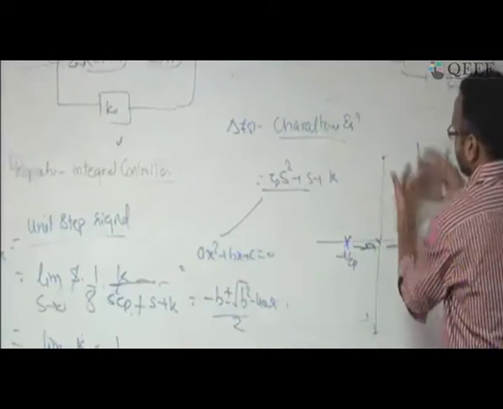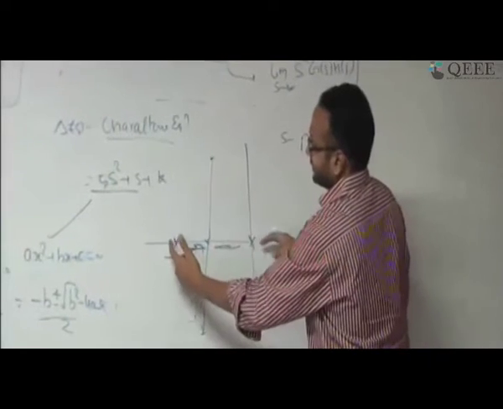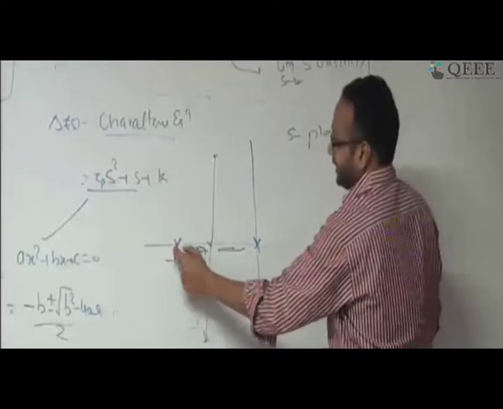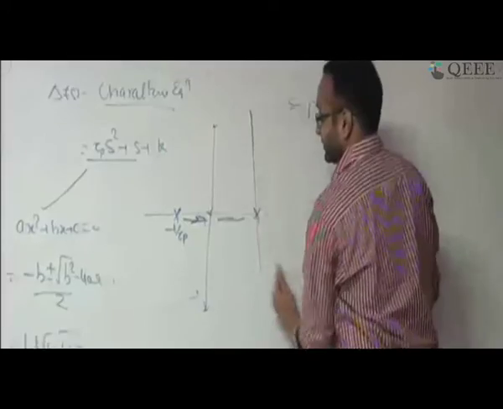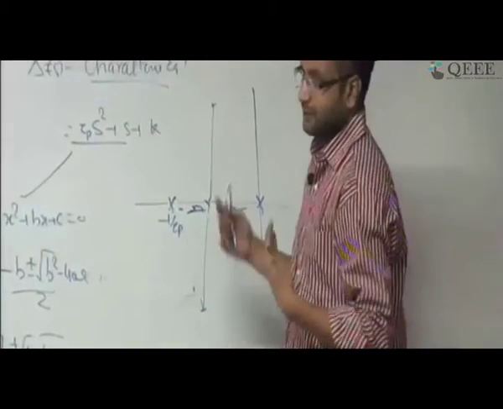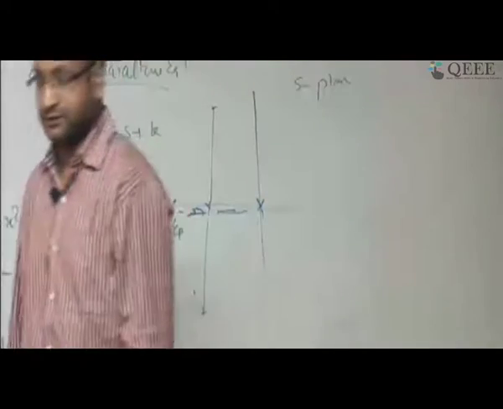Now I talk about the way roots are behaving, this is called root locus. The way roots are behaving, if you add an integral controller and keep increasing ki, it will force the pole to come towards the imaginary axis. If you come to the imaginary axis, it means the system is becoming slow. That's the point I have explained to you for both first order system and second order system.